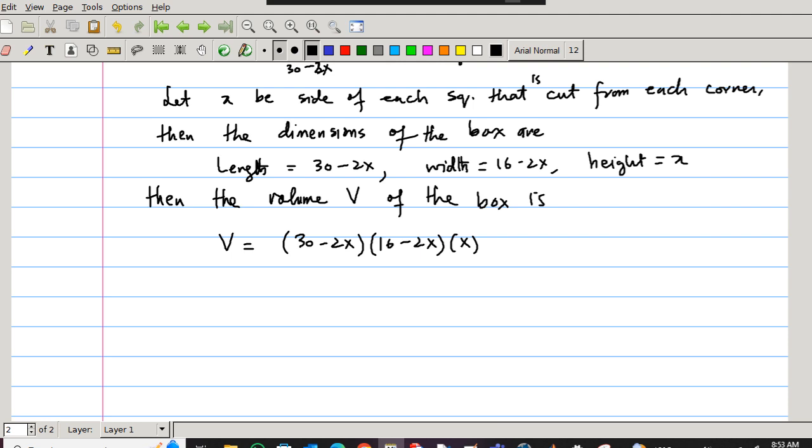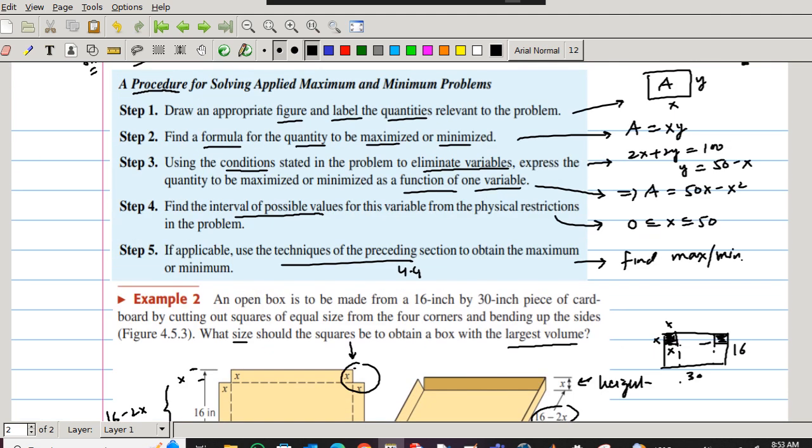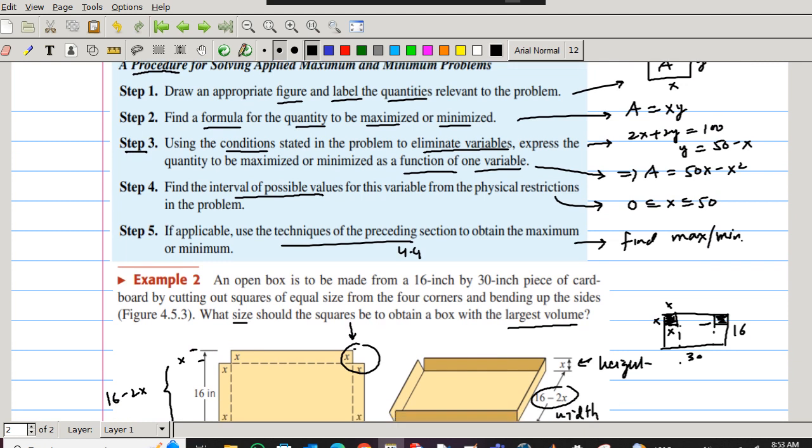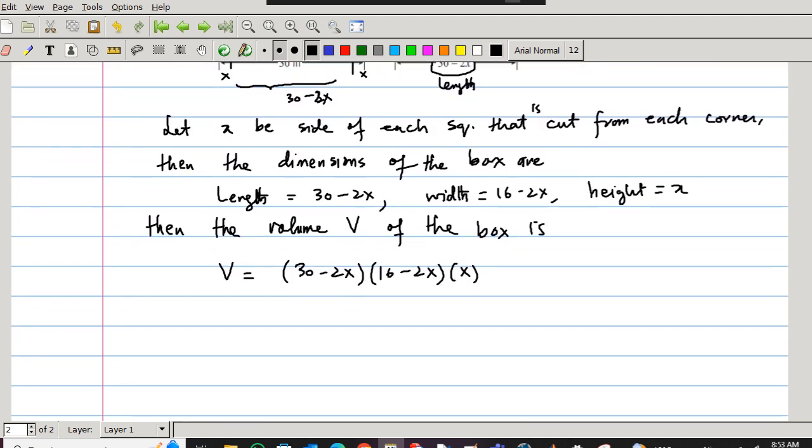So there is no step 3. He said find the conditions which change your equation and eliminate the variables. I don't need to eliminate the variables here, so no step 3 here. So I did step 1, make the figure and label the variables. Step 2, write the function that we need to maximize. Step 3, eliminate variables. There is no step 3 here. Step 4, write the